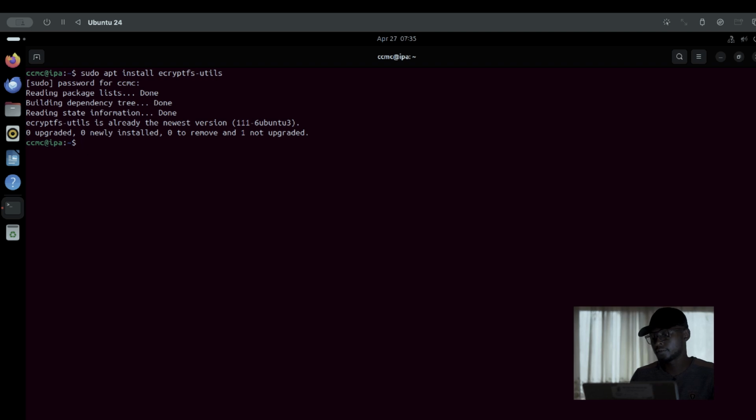What we are going to do is install ecryptfs-utils. Okay, I already have it installed. So we're going to use this to create an encrypted user home directory. The command is sudo adduser